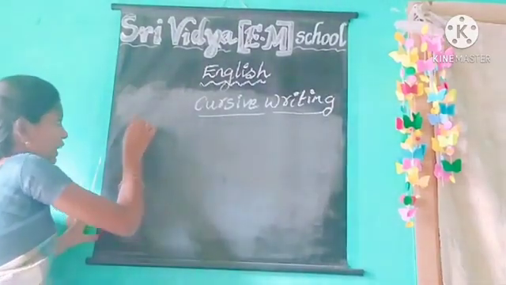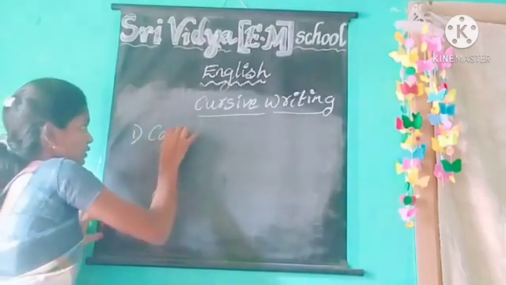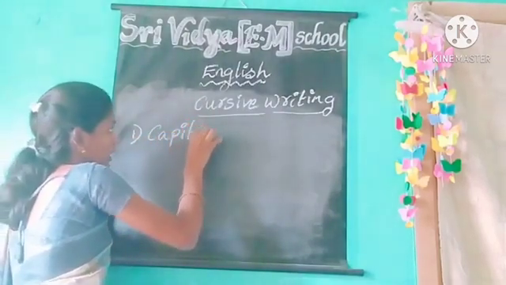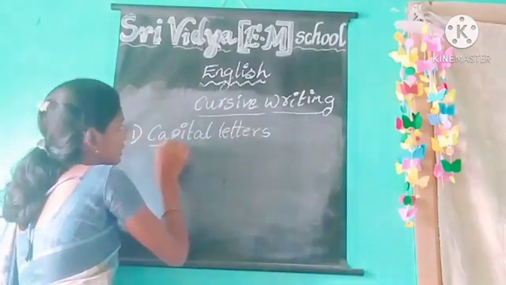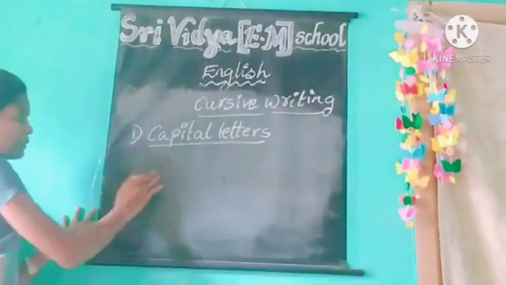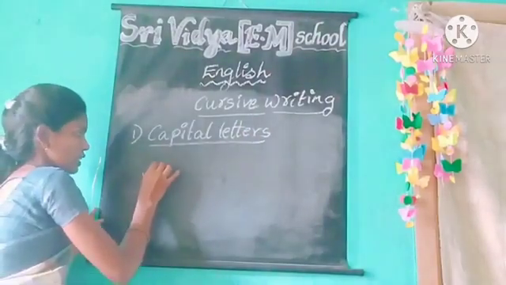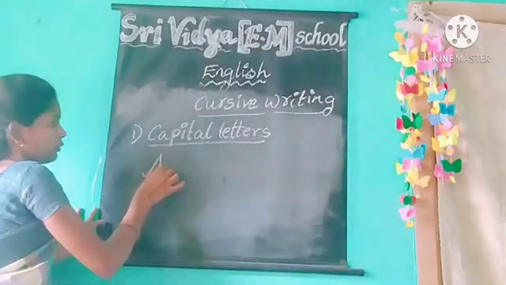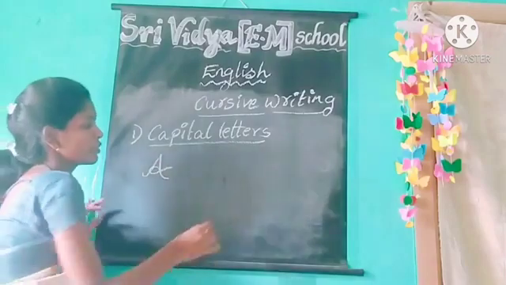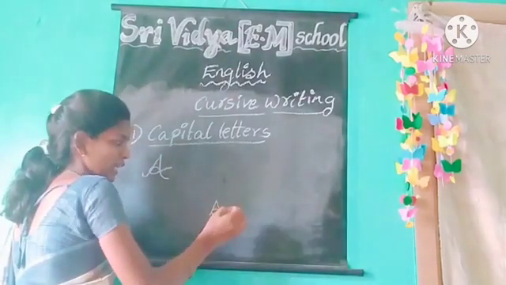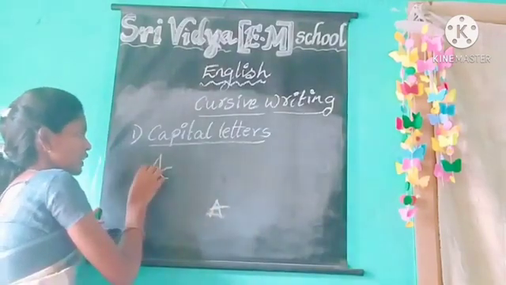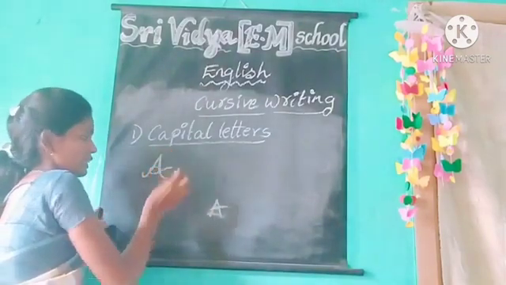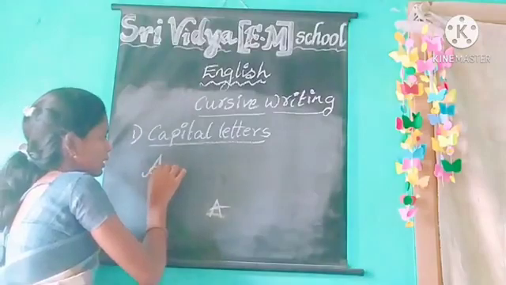So first we will practice the capital letters. Okay. Capital letters. In the capital letters, A will be starting in this way. Okay. We all know in the capitals we write the A like this. When we write in the cursive handwriting, it should be some slanting, and the A should be written like